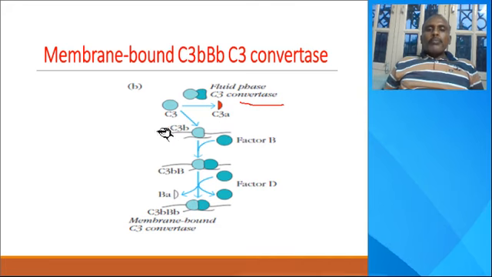When bacteria is there, the C3b goes towards the antigen and adheres to the bacterial surface. See how C3 is cleaved by the fluid phase C3 convertase: C3 is converted into C3b and C3a. Then factor B is attached to the C3b molecule. After factor B is attached, factor D comes. I already described that D is a serum protease. When factor D is there, factor B is prone to cleave.